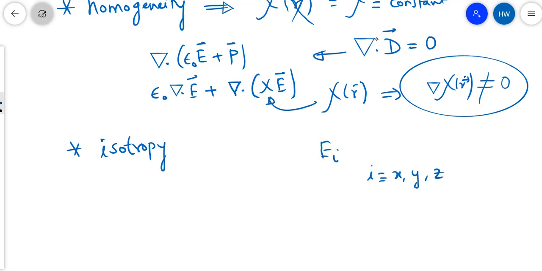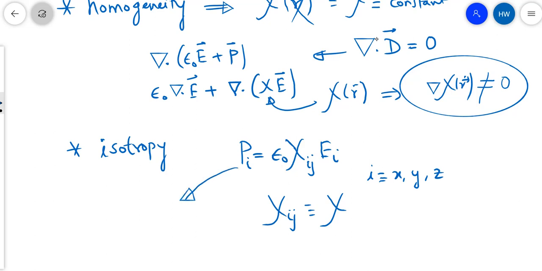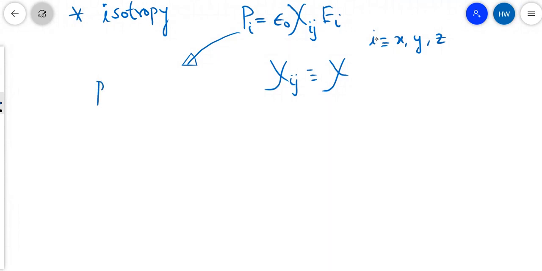All right, so the third assumption that we make is that of isotropy. Clearly you see that my electric field is a vector, and it can have three different components. That is, I can go from X, Y, Z, or 1, 2, 3 as you like. And this in effect creates the corresponding polarization, which would have three components. In the most general scenario, my susceptibility is actually a second rank tensor. That is, it has in the most general scenario 9 different elements. So this is what I mean by anisotropy. So when I demand that my chi ij is just a constant chi,